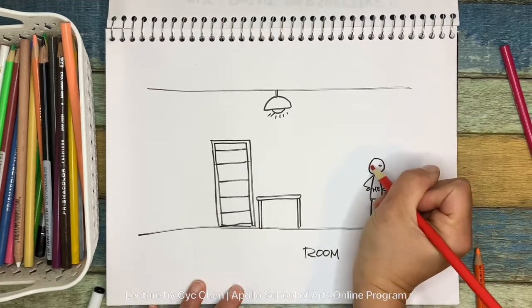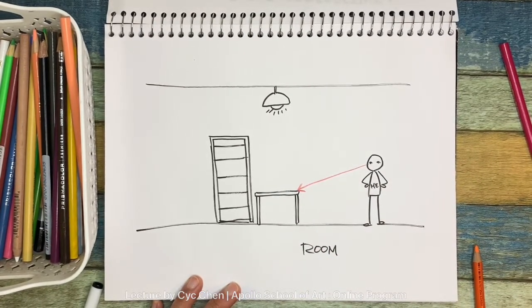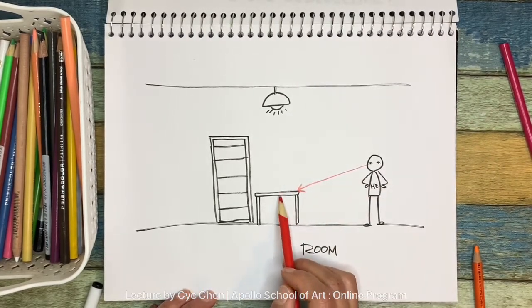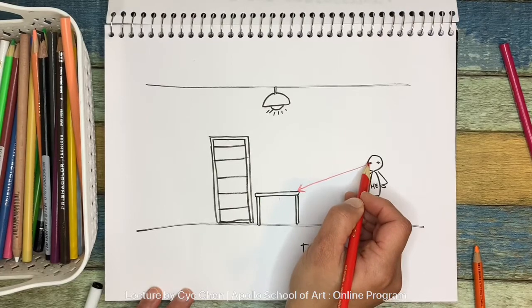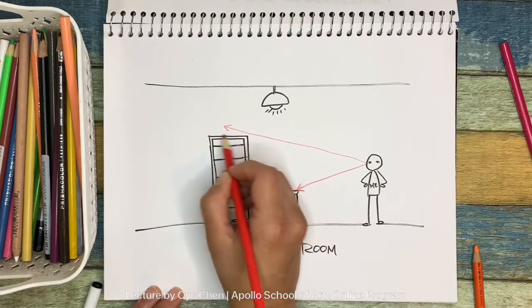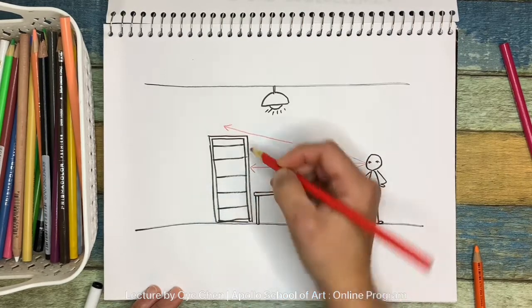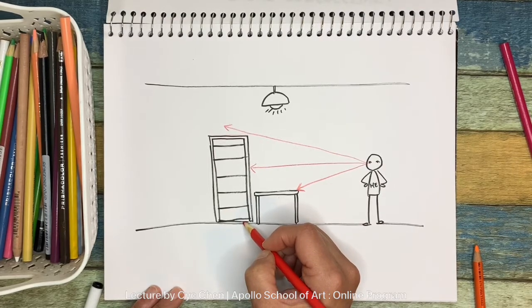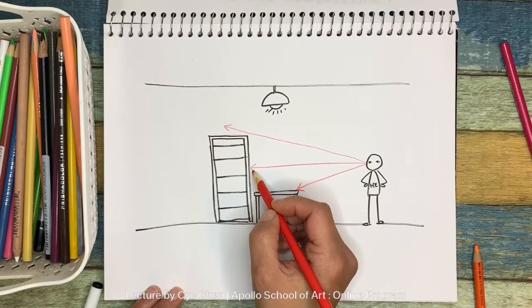Okay, so when I'm looking down to the table, what can I see on the table in these pictures? I can see the top, right? But can I see the bottom part of the table? No. All right, so when I'm looking up, can I see the top of the bookshelf? No, because it's higher. I only can see the side of the bookshelf, right? I'm not able to see the bottom part of the bookshelf as well because it's lower than my eye. And the top of the bookshelf is higher than my eye, so I only can see the side of the